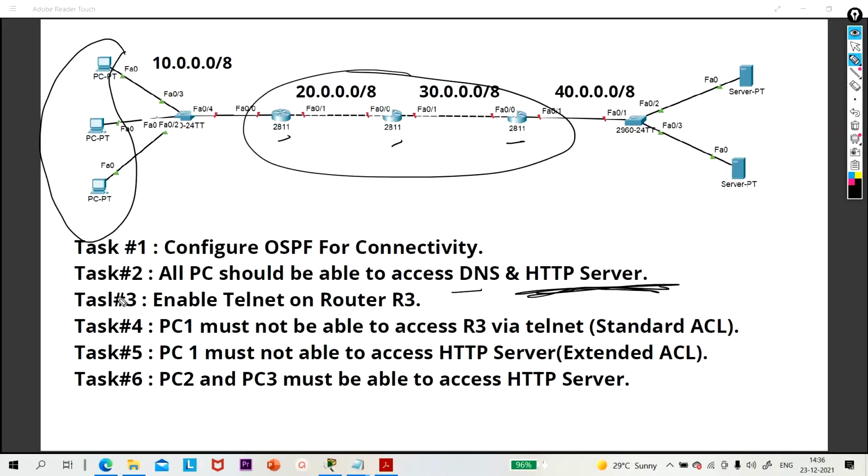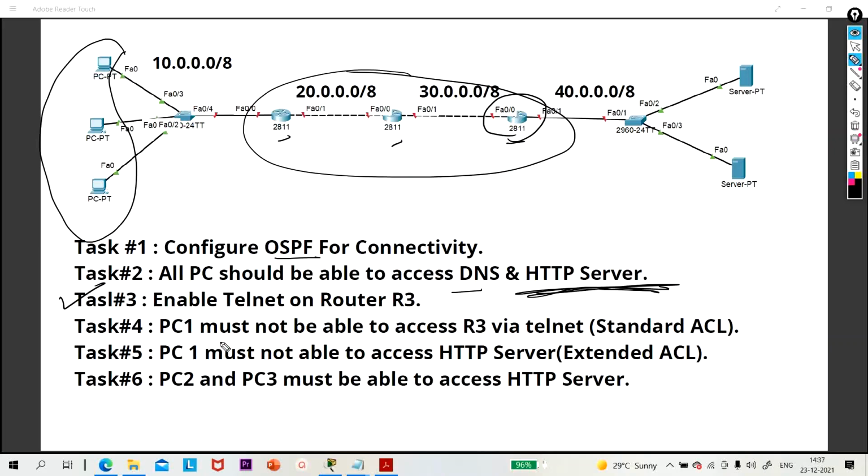Fine. Now task number 3. Task number 1 is configure OSPF for connectivity. Task number 2 is all PCs should be able to access DNS and HTTP server. Task number 3, enable Telnet or SSH on R3. Okay.